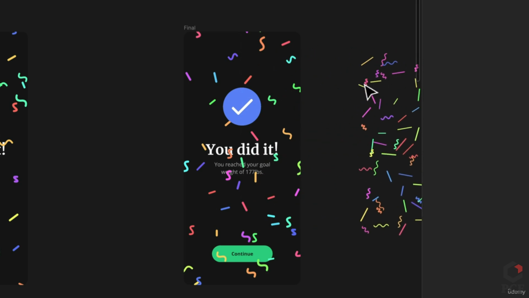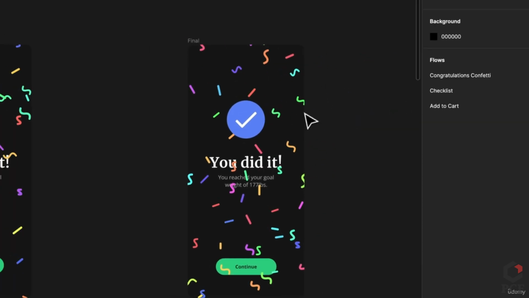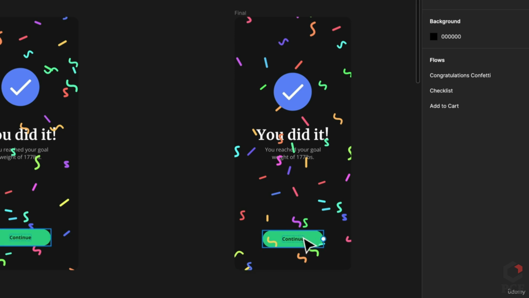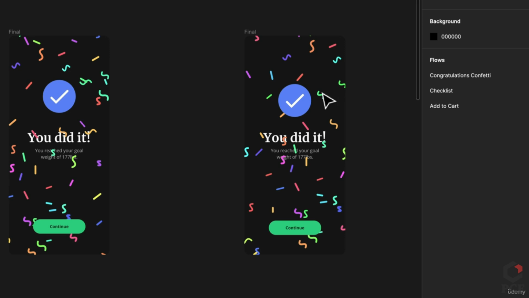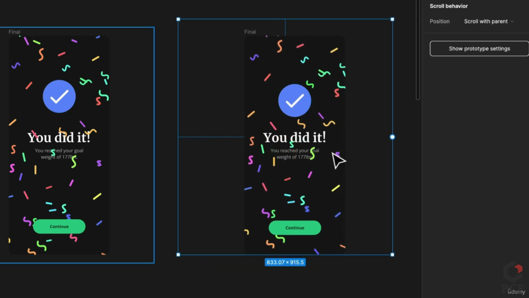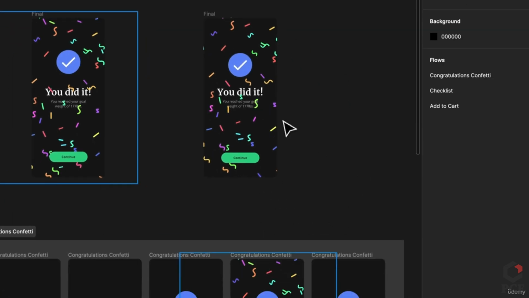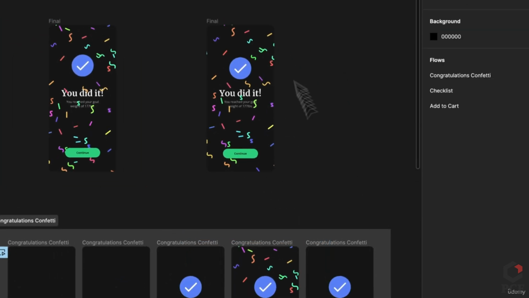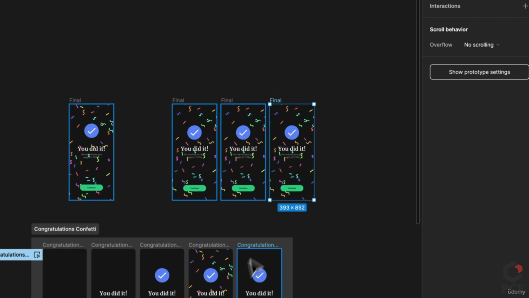So you see how it kind of grabs that. But do that whenever you feel is best. We can bring the continue up here and we can leave everything as such. I think we're pretty close to what we want. So we have our confetti. It looks great. The next step we're going to do is we're going to create a bunch of